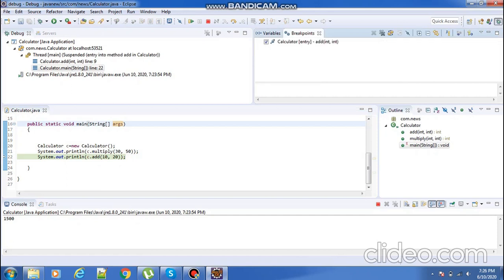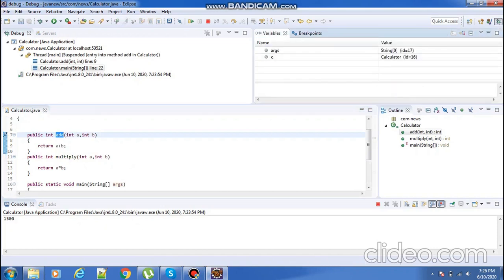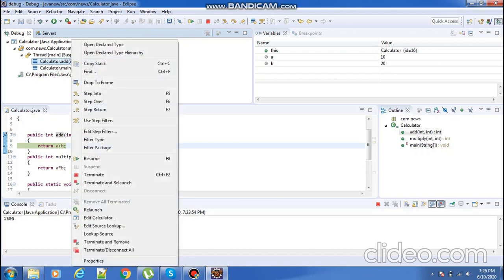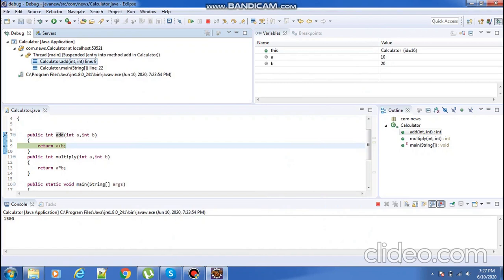Now, breakpoints. Where did you use the breakpoints? In Calculator, here you used some breakpoints. These are all the variables used in the program. Another main important thing in debug is, go and click on this calculator method. If you click on this method, it will show two other important topics here. One is step into, and another is step over.